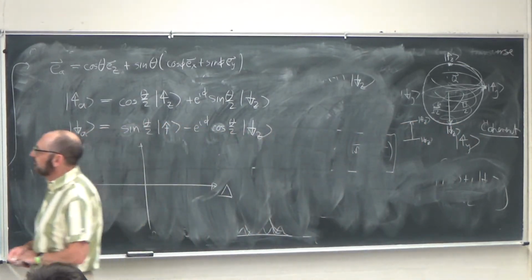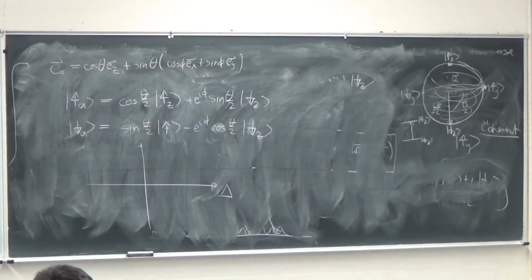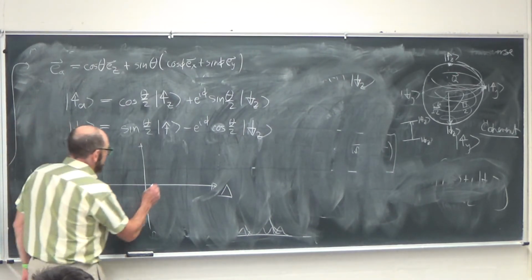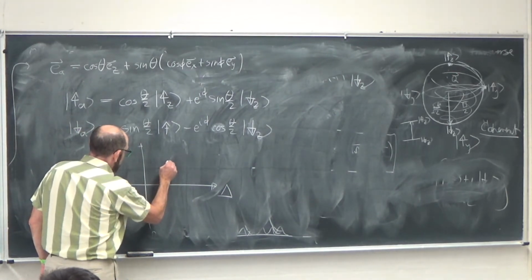So firstly, in the absence of the interaction with the transverse field, if I set omega, the Rabi frequency, to be 0, then the eigenvectors are spin up and spin down along Z, and the eigenvalues are plus or minus h bar delta over 2. So in the absence of the interaction, I have these curves,